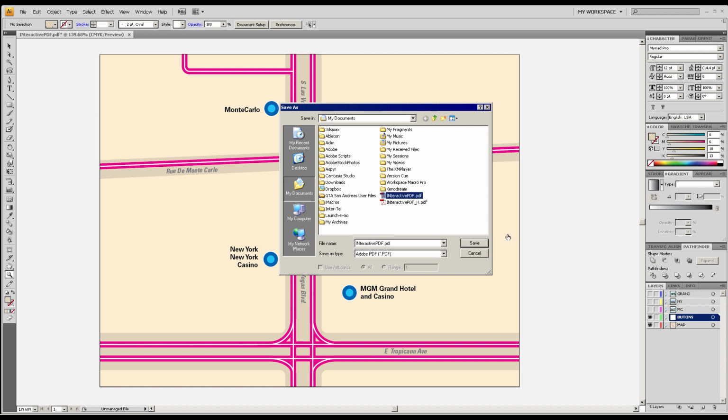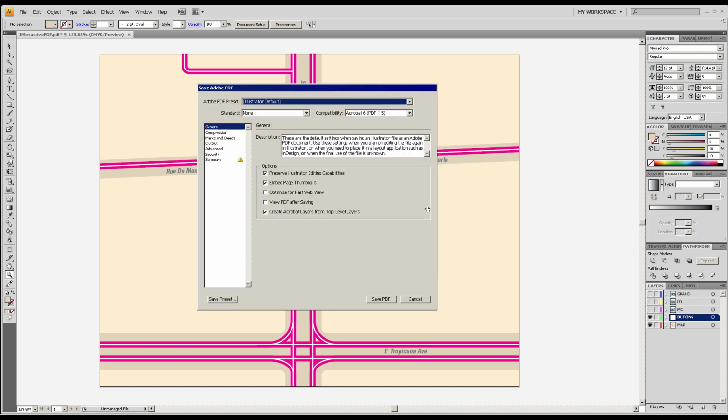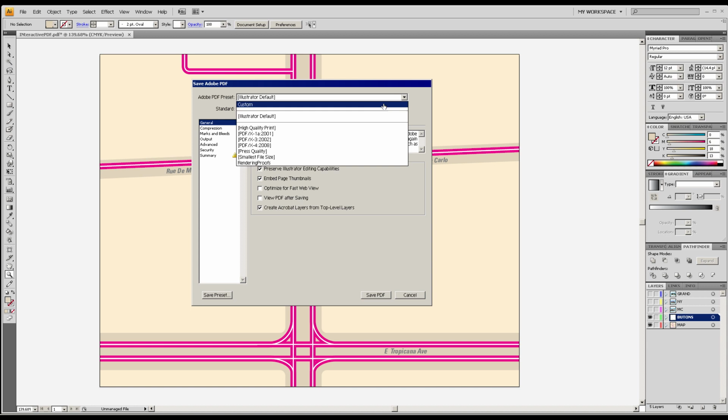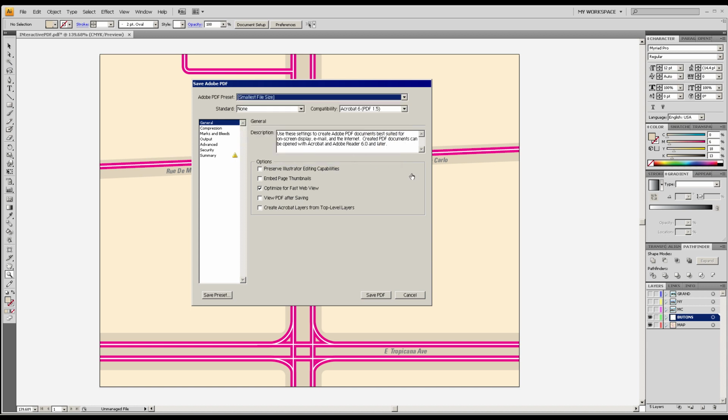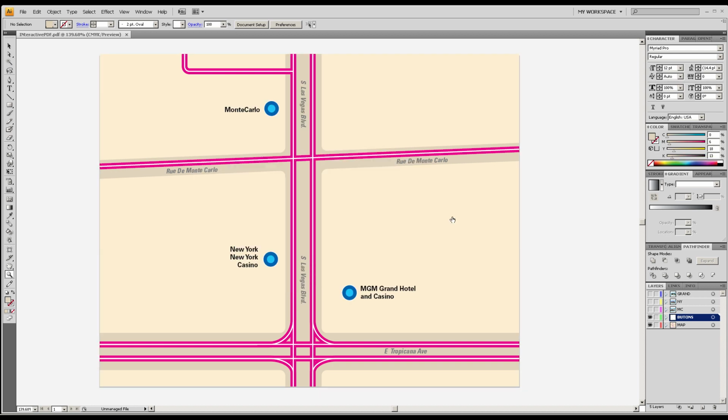So we're going to save this one, and I'm going to use the smallest file size preset first, and then check Create Acrobat Layers from Top Level Layers. So put that on, save, and let's go right back into Acrobat.